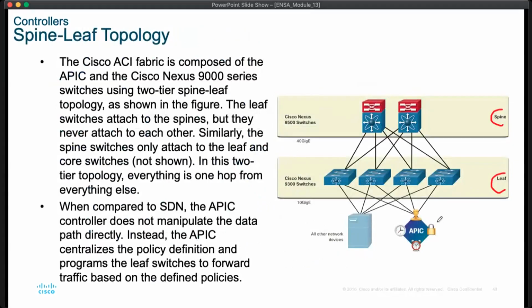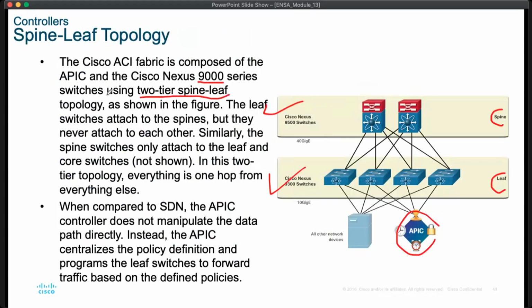All right. This is APIC. This is software. These two are what? Hardware. Okay. The Cisco ACI fabric is composed of the APIC and Cisco Nexus 9000 series switches using two tiers,